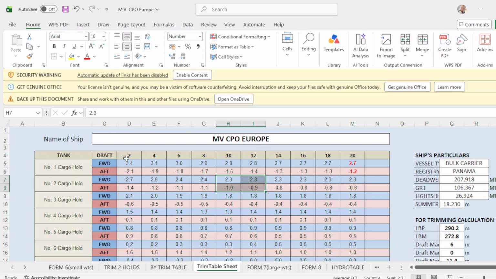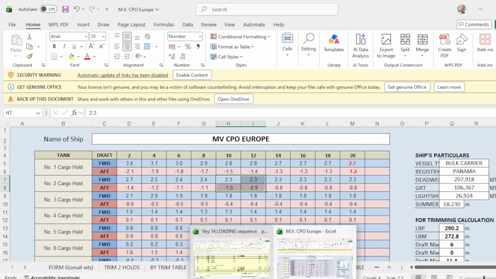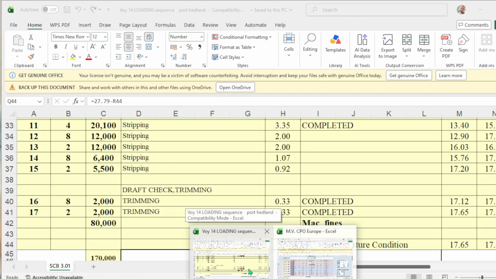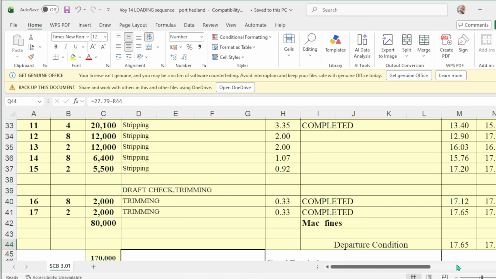You have the drop here, and when it shows you have this correction forward and up. So we concentrate on hold number 2. And what is our departure drop? Departure drop should be 1765.